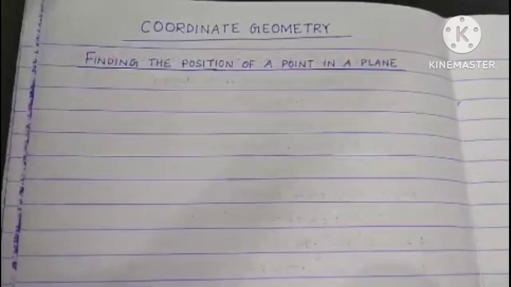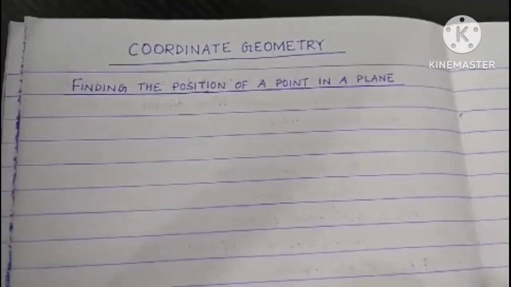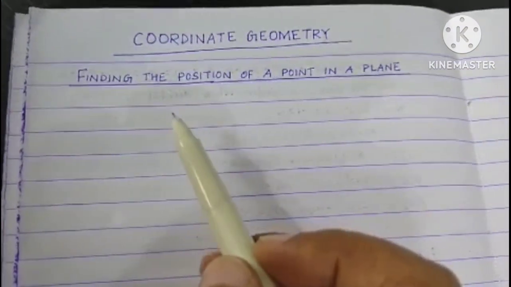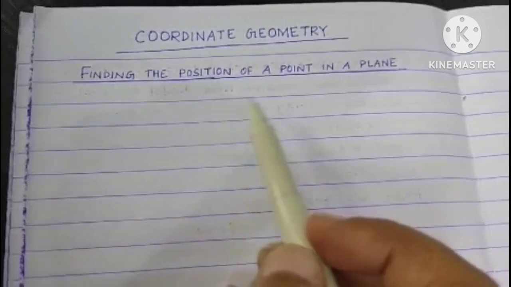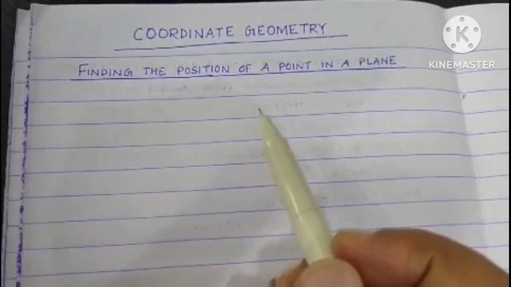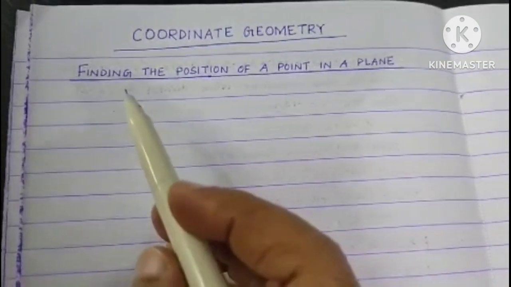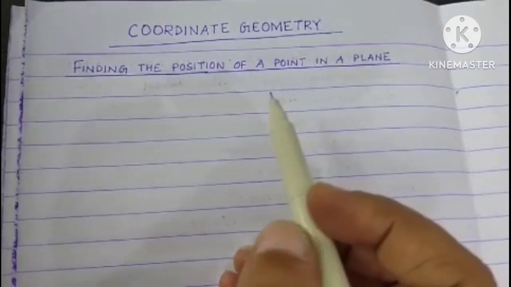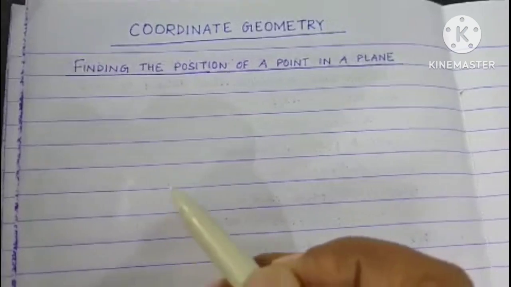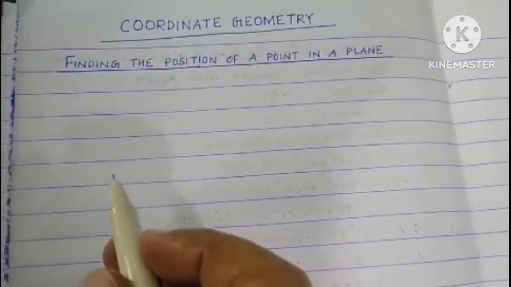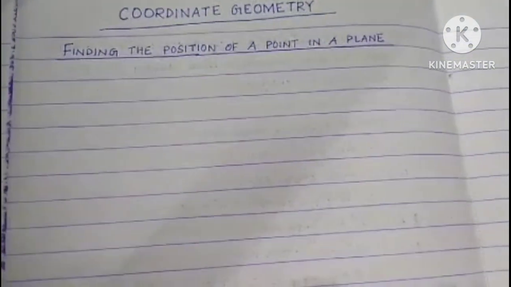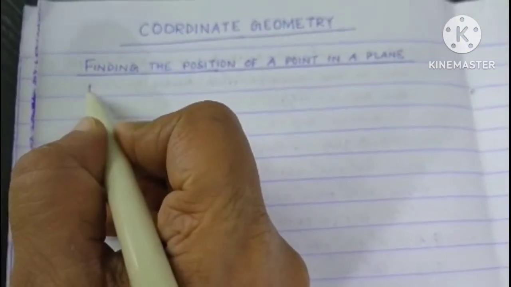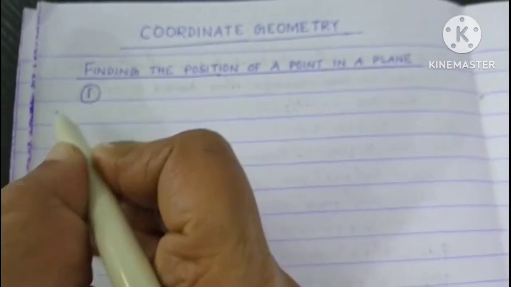Thank you very much. So friends, let's start the chapter coordinate geometry. So as I told, our target is to find the position of a point in a plane. Now how do we do it? So let us start with this, finding the position of a point in a plane. Let's start with 2 examples, one by one. Let's see how to find the position of a point in a plane. So first example,